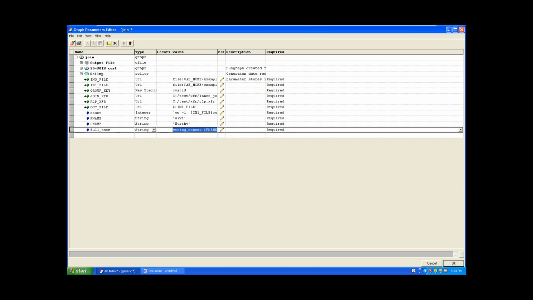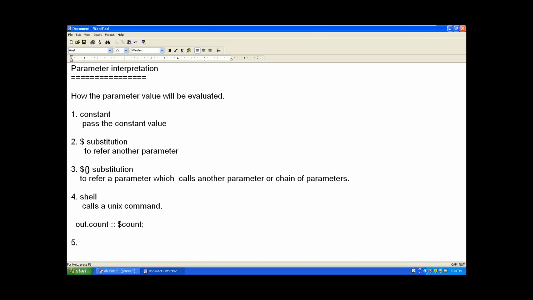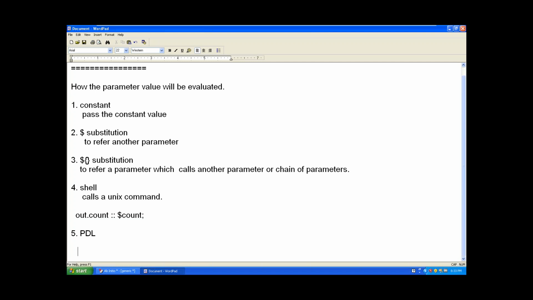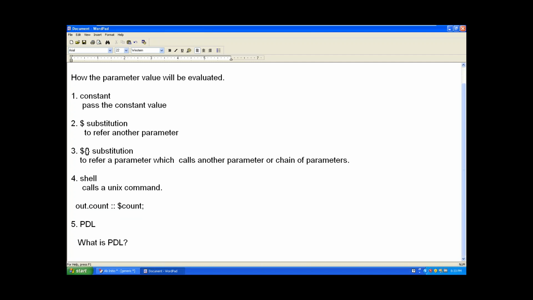Okay, so Abinitio DML can be evaluated by a new interpretation called PDL. Okay, so this is very important from the interview point of view. The question is, if you can understand the concept, you can play with them. Because the concept is important. So you should not say the definition like all other guys. You have to explain the example also. What is PDL first? Okay, PDL stands for